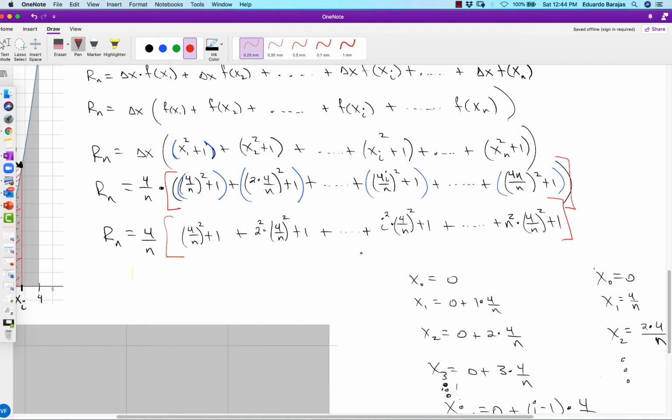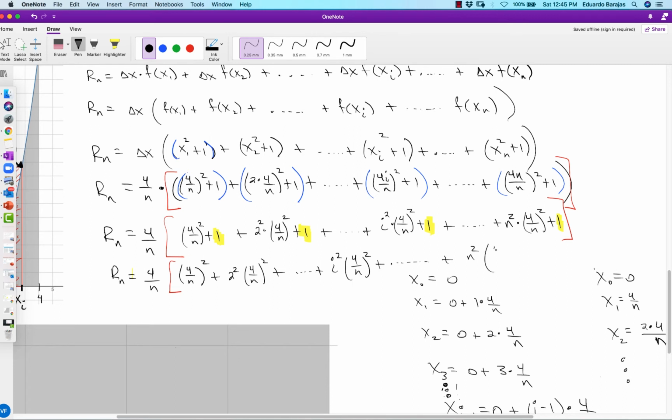Okay, so now I'm just going to reorganize these. There's all these 1's running around: plus 1 there, plus 1 there, dot dot dot, plus 1 there, plus 1 there. So I'm just going to put them at the end and regroup all of these. This would be equal to r sub n equals 4 over n, giant red bracket, and I'll write down 4 over n squared plus 2 squared times 4 over n squared plus dot dot dot plus i squared 4 over n squared plus dot dot dot plus, and then this term,